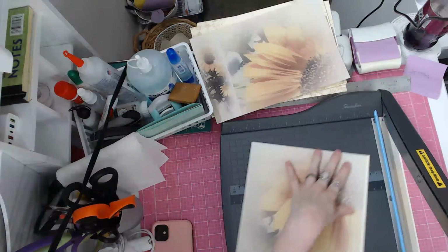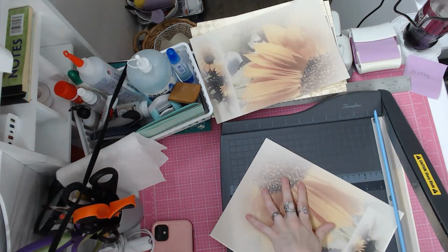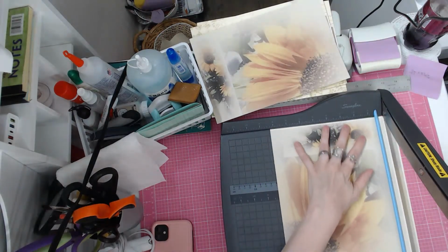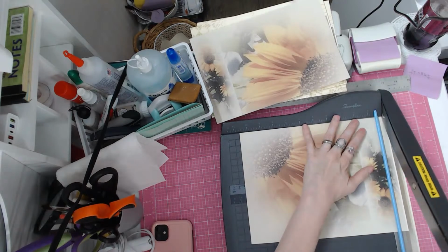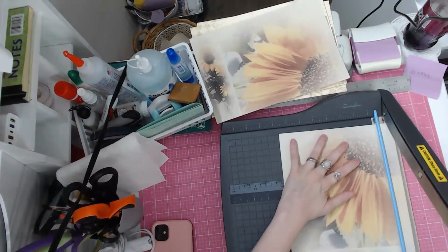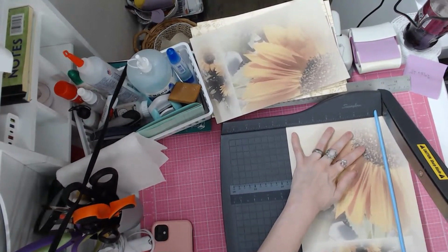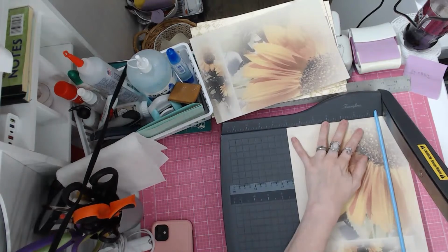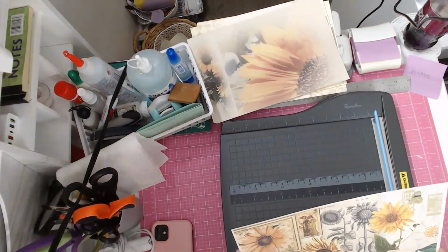Sorry about that. Got sidetracked. I didn't have to cut this yet. Okay, so I'm going to cut this to the 7. Make sure it's straight. Okay. On this one,